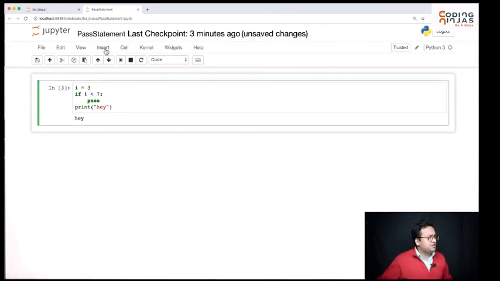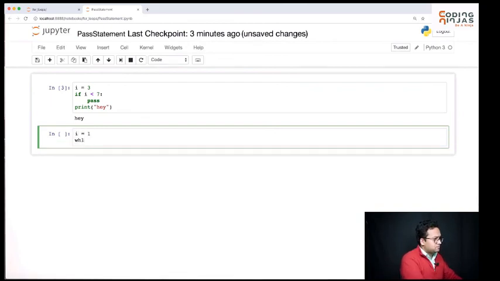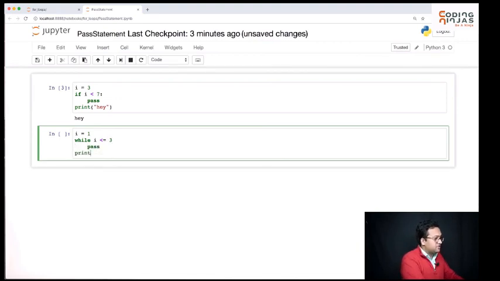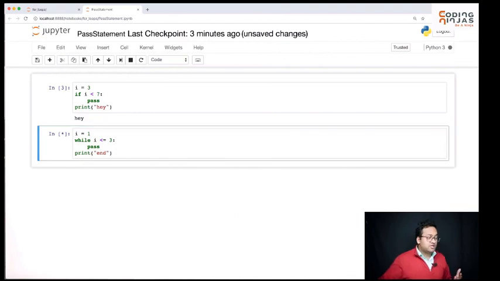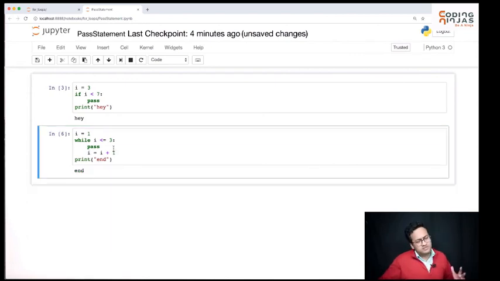And the way we have seen, we can use it with if. You can also use it with while. Okay. Any problem with this code? Yes, there is a problem with this code. Sorry, I forgot the colon. So there is a problem with this code. You're not incrementing i. So even if you're writing pass, you will have to increment i, because otherwise it will keep passing. It's going to keep running the while loop. So you still need to do this, which basically means the pass is even more useless.